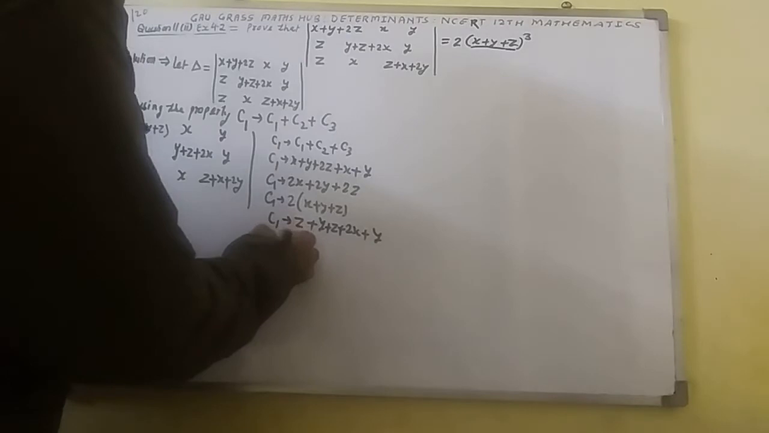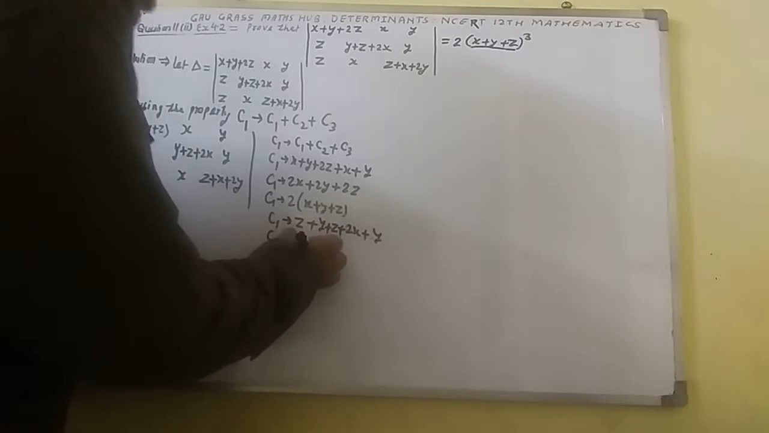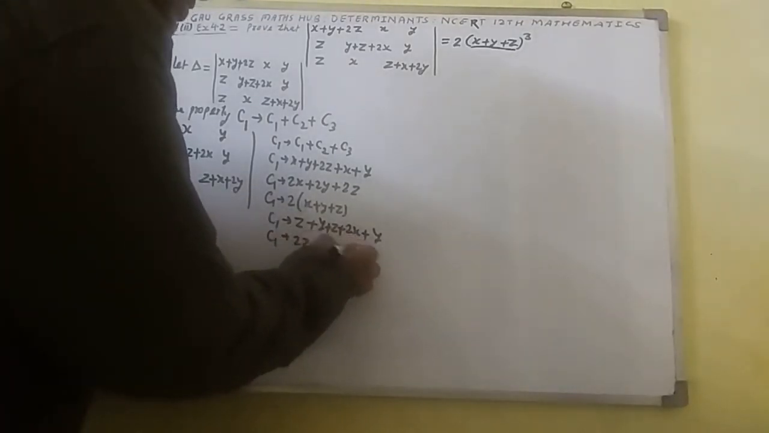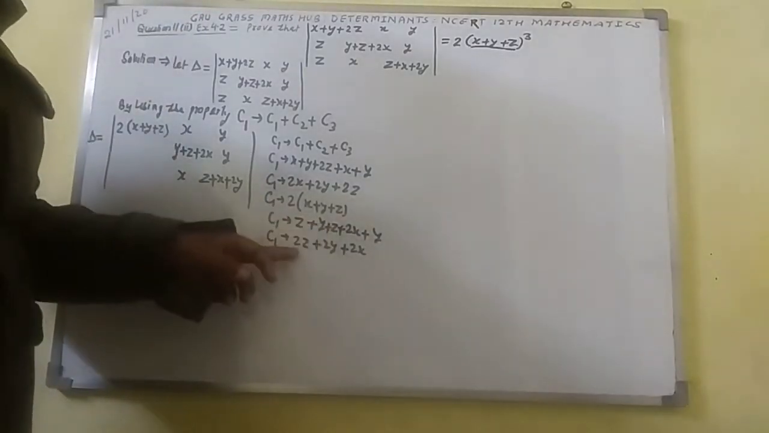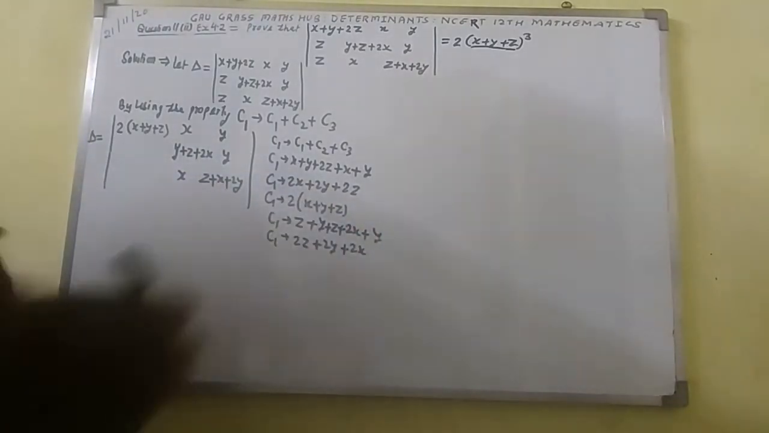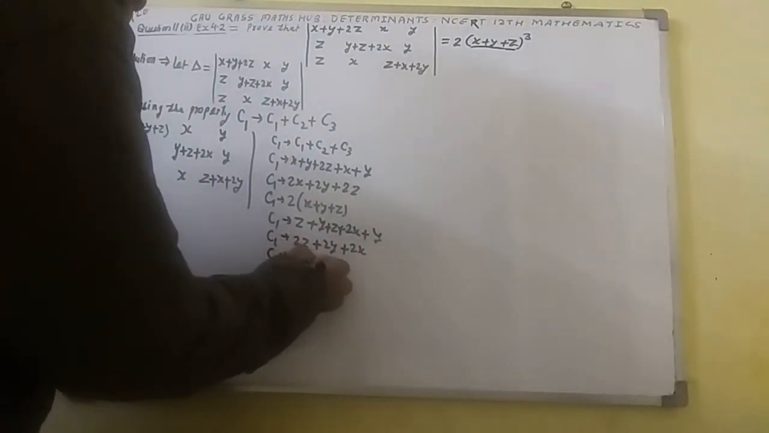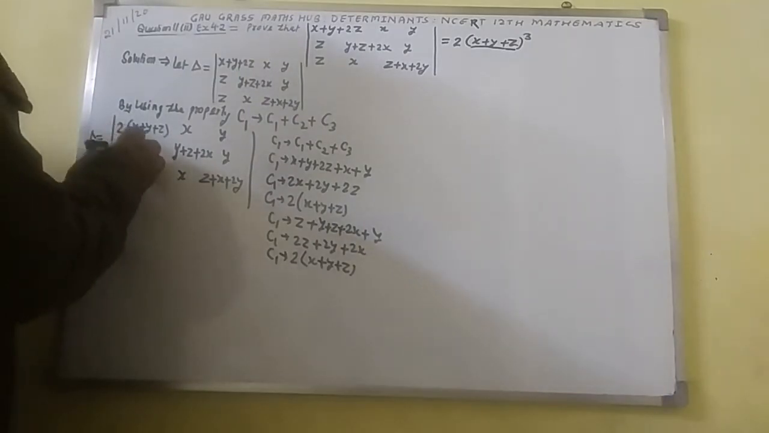Do the operation here. Here you will get z plus z, 2z. Y plus y, you will get 2y. Here 2x. Z plus z, you will get 2z. Y plus y, 2y, here 2x, 2z. So you can easily get C1 goes to, if you take 2 as common, x plus y plus z. So here write 2 in bracket x plus y plus z,